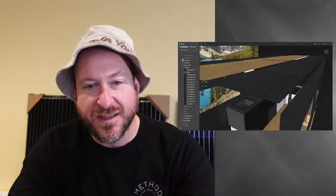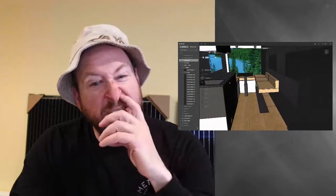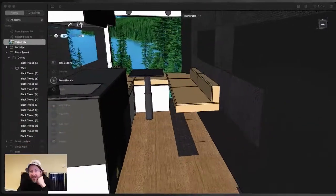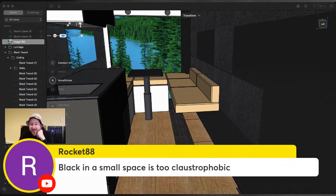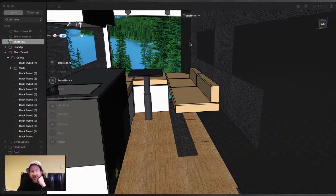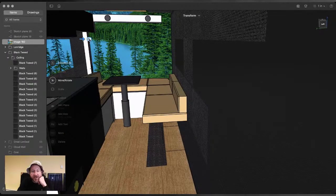Okay, so let's do that, just to give you an idea of if it was black, you're going to have a lot of color moving around this area. And let me take this and we'll rotate it by like 90 degrees, outside the back, and then come back into the van. You know what I mean? As much as you think that black is too claustrophobic, I don't think so. I think it's going to be fine, especially if I work in